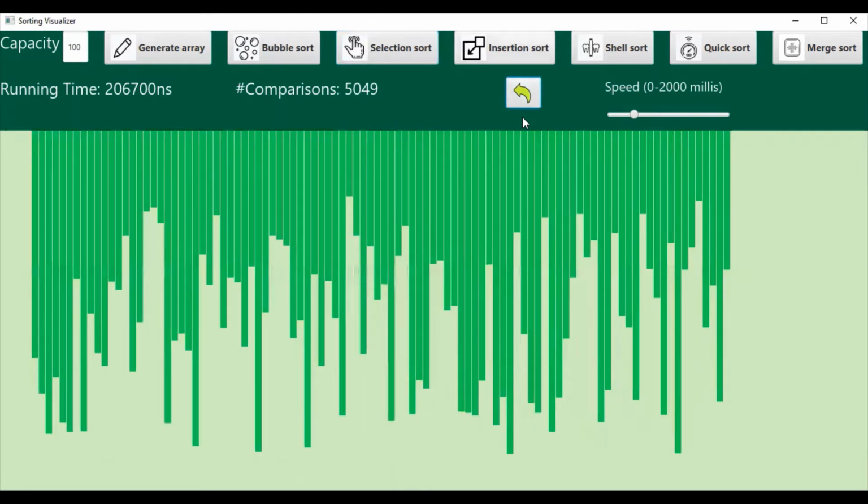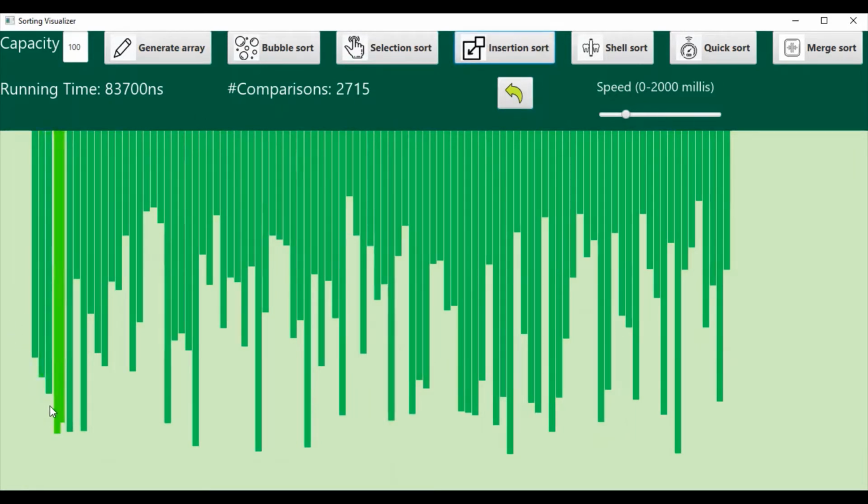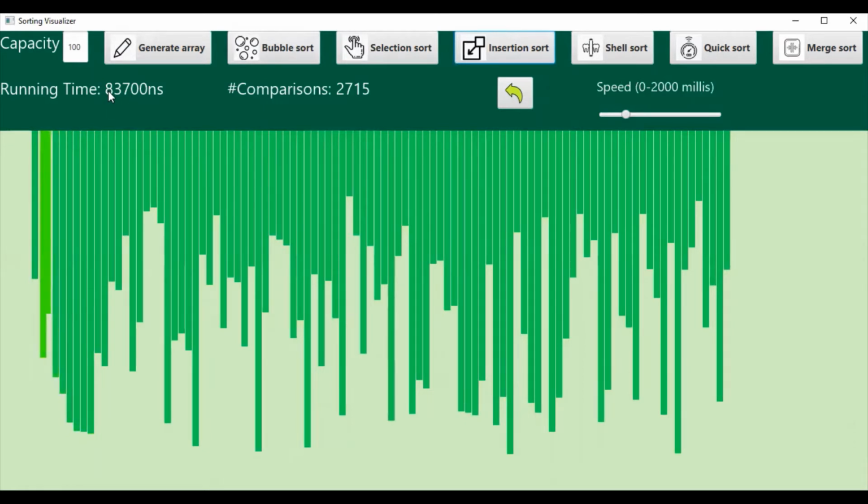And I may want to try insertion sort. With insertion sort, we can see the running time to complete the sorting process is much faster than in selection sort and bubble sort, which was around 200,000 nanoseconds, but this one is just around 55,000 nanoseconds. Maybe because of this particular kind of array, but generally speaking,